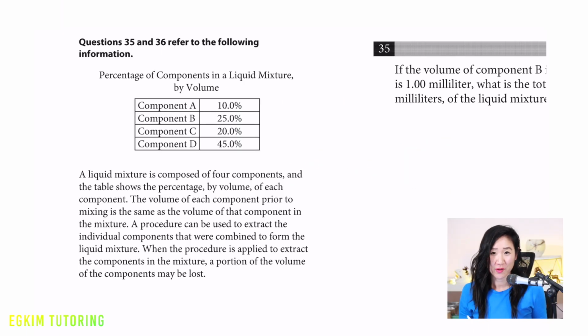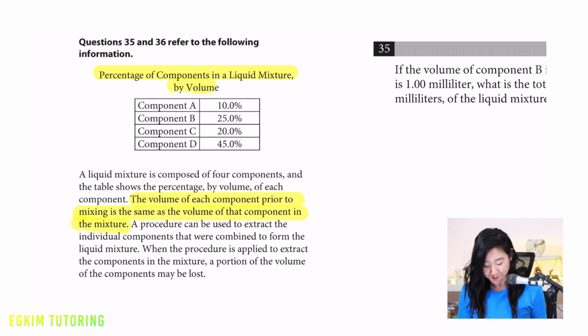Questions 35 and 36 both refer to this table, and it says percentage of components in a liquid mixture by volume. And you have these 4 components right here, and it reads, a liquid mixture is composed of 4 components, and the table shows the percentage by volume of each component. The volume of each component prior to mixing is the same as the volume of that component in the mixture. This basically just means that you took the 4 chemicals and you dumped all of it into one beaker to